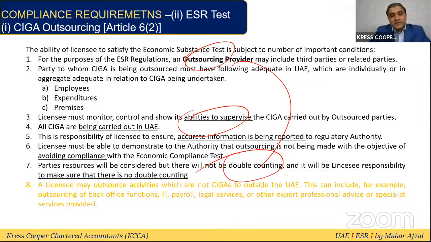Moreover, they have highlighted, though this is not a new thing, that some activities, which are sporting activities, can be outsourced out of UAE. It means for sporting activities, CIGA is not mandatory to be in UAE. It can be outsourced out of UAE. Even you can keep your employees out of UAE; we'll discuss in detail. If the employees are out of the UAE, they can be based there, but when the relevant activity is being performed in UAE, the employee should be in UAE, and the employer or licensee should bear the cost of the employee as well. So it is also acceptable.